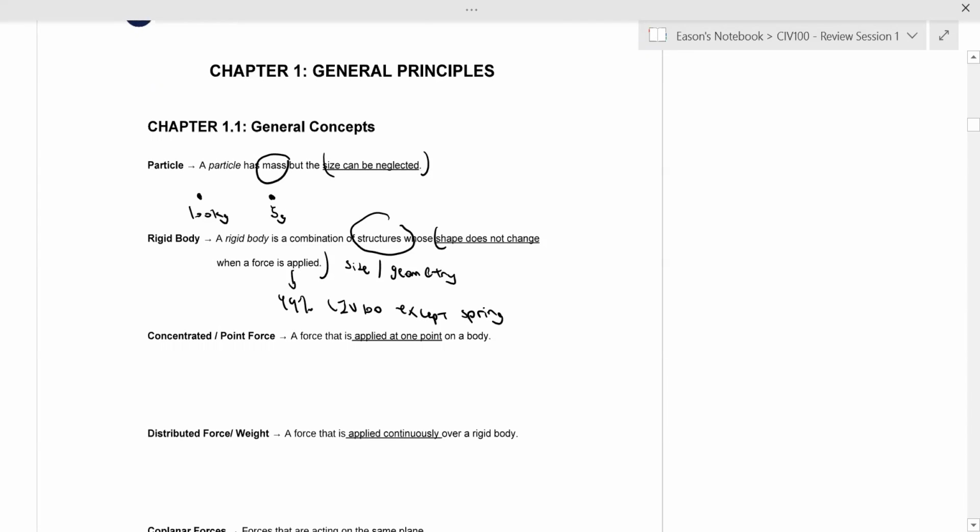So the third one is concentrated or point force, which is basically the same idea as your particle, right? What it really means is that the force is only being applied at one point on the body. So when I give you an arrow acting on a point on the body, and I say the arrow is 100 Newton, then 100 Newton it is. There's really nothing for you to worry about, okay? It's really just a number that's being given, and then you have to assume that it's acting on a single point on the body. That is the important part of it, right? And again,